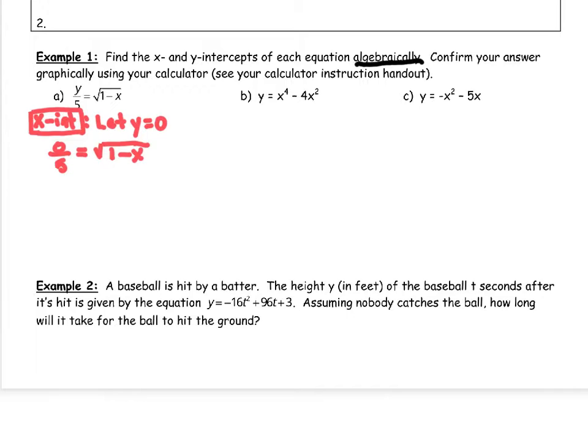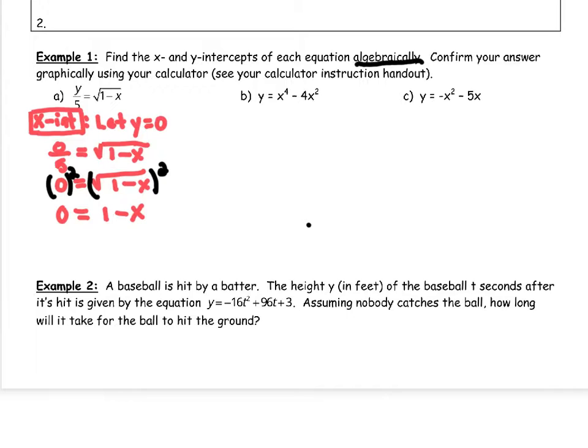The first thing I notice is that 0 divided by 5 is simply 0. So now we have an equation that reads 0 equals square root of 1 minus x. The next thing that I'm going to do is get rid of the square root symbol. You may recall that to do that, we're going to square it because a square root has that same radical value. So we will do that to both sides, and our next result will look like 0 equals 1 minus